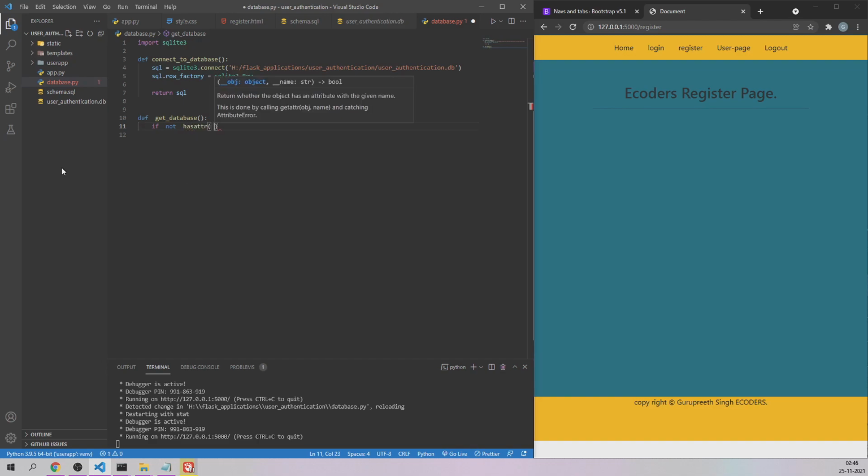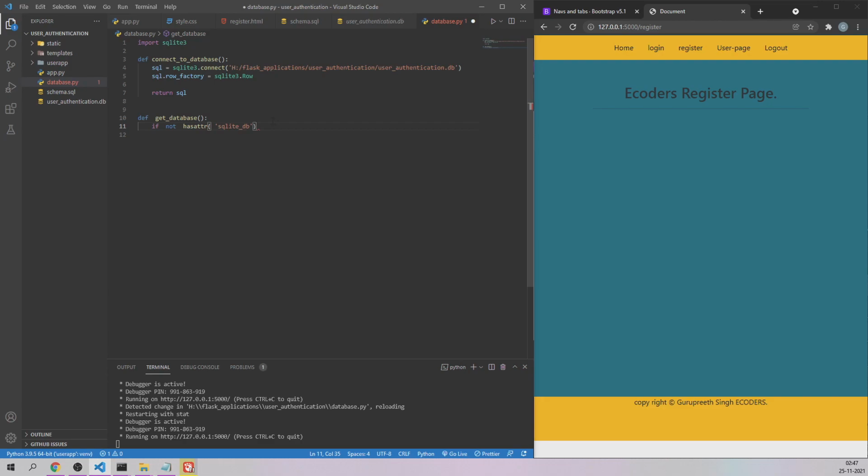I'll say hasattr called sqlite_db. See, if it does not have an attribute called sqlite_db, then what we need to do is first connect to a database and return that database to us.